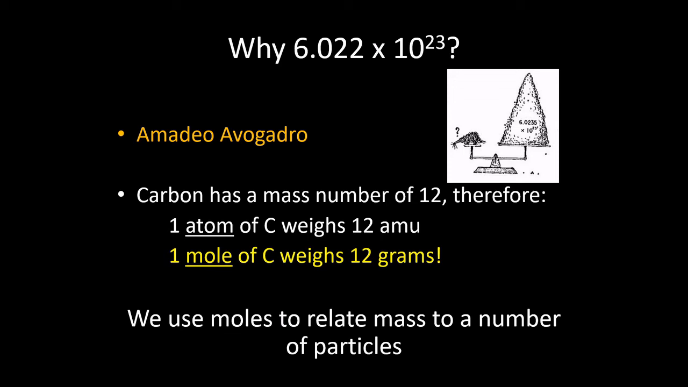In the last video, we introduced the idea of a mole. Now we're going to figure out why we use this really strange, really huge number. Why 6.022 times 10 to the 23rd? Well, the reason is that it was discovered that if we have this number of particles, this number of atoms